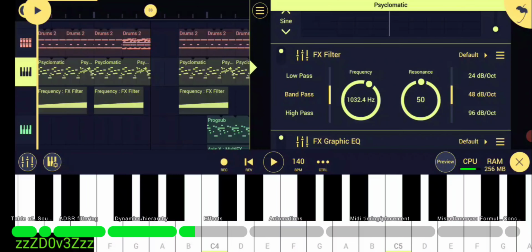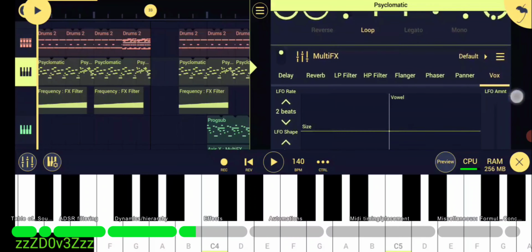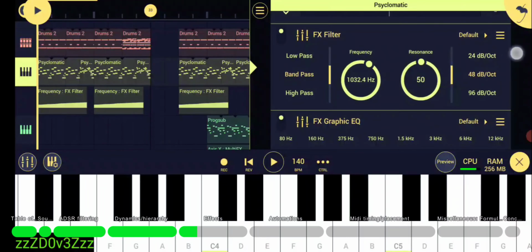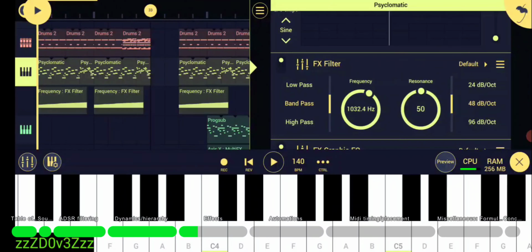So what's really going on here, and what the magic is, is that filter and the Vox. If you notice, the filter is slightly moving up in hertz, creating a gate to allow the sound through slowly. And the Vox is creating that voicey, rough, distorted noise. So if I were to turn the Vox off and play it,